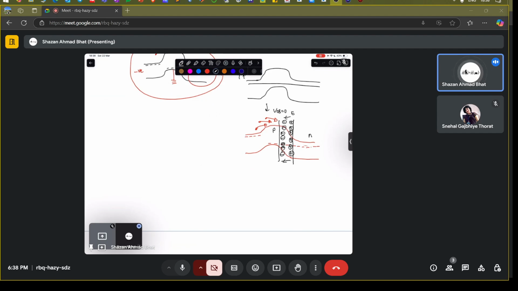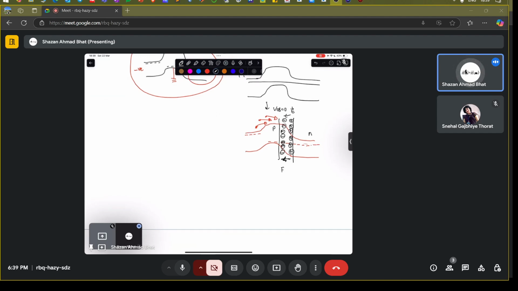So the electric field direction is this direction, which is shown by this black arrow. So the force on the electron will be minus q times the electric field. So the force will be opposite. That means any electron which is basically here is going to feel the force, and it's going to come out